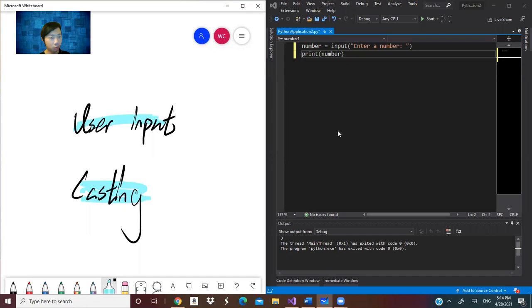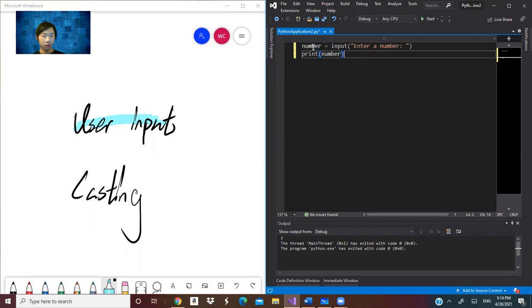So let me introduce what is the user input. It's really easy. User input means when a user like you inputs something from the keyboard to the code. When you execute the code and input something here, you output the same results back to you.